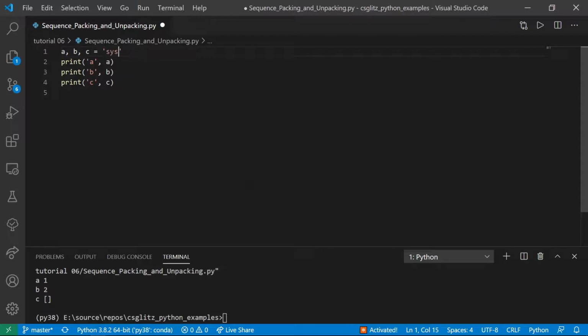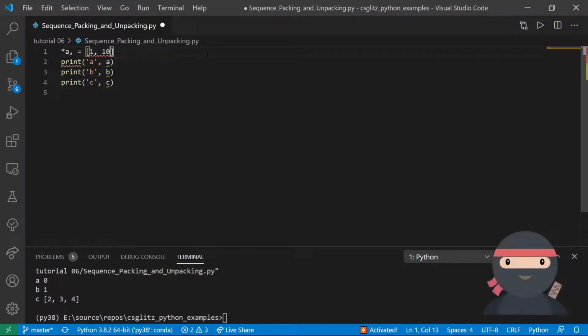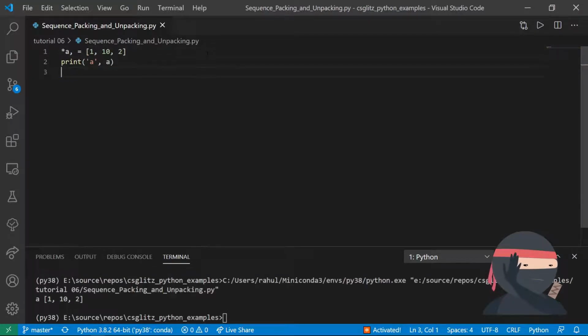We can unpack a string as well. But remember, it will always return a list, not a string. We can unpack any other iterable object as well. Even though we can use it with a single variable, we should always use a simpler notation.